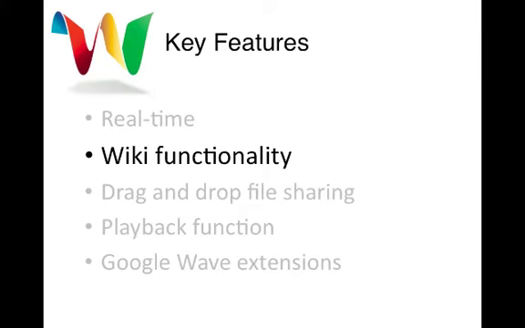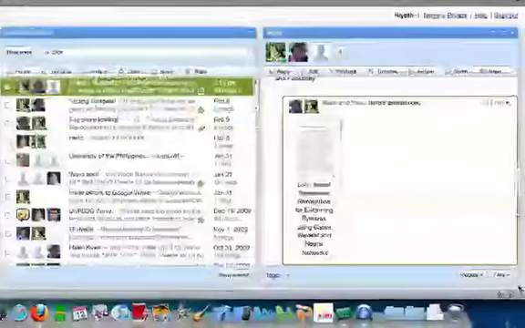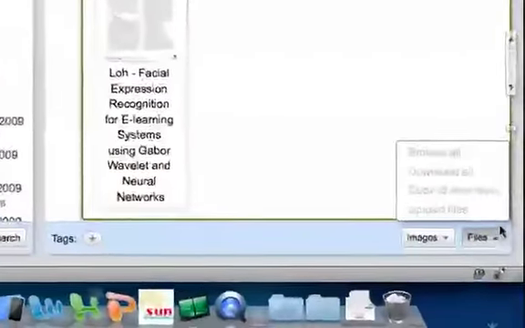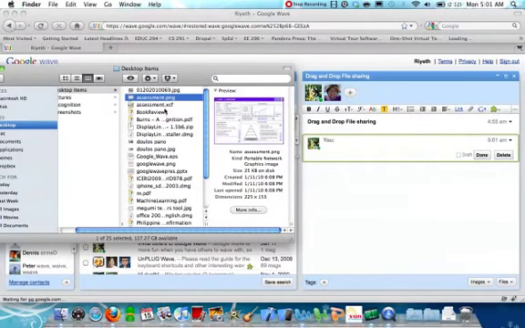Now we move on from wiki functionality to drag and drop file sharing. Since Google Wave is also like email, it can also have attachments. There is a file upload button on the lower right hand side of the screen. However, when you click on it, it's still not selectable, but I think this will be fixed in the near future. So for now, while in Wave Preview, you can share files by dragging and dropping your files straight onto